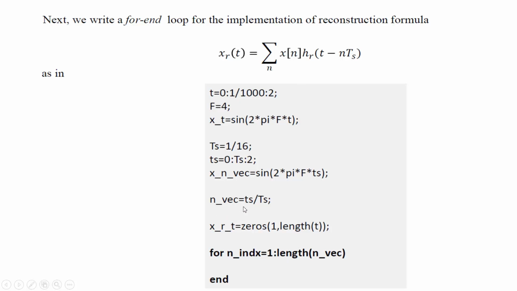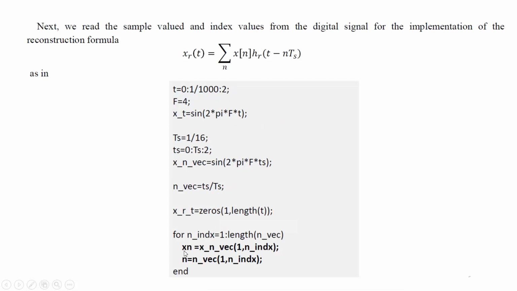So we will put a for loop here, and this n index will go from 1 to the length of this vector, which is calculated by ts divided by capital Ts, because small ts is equal to nTs, that will be the sampling instant, so n can be calculated by ts divided by capital Ts. So we define this variable n index, and its value goes from 1 to the length of this vector.